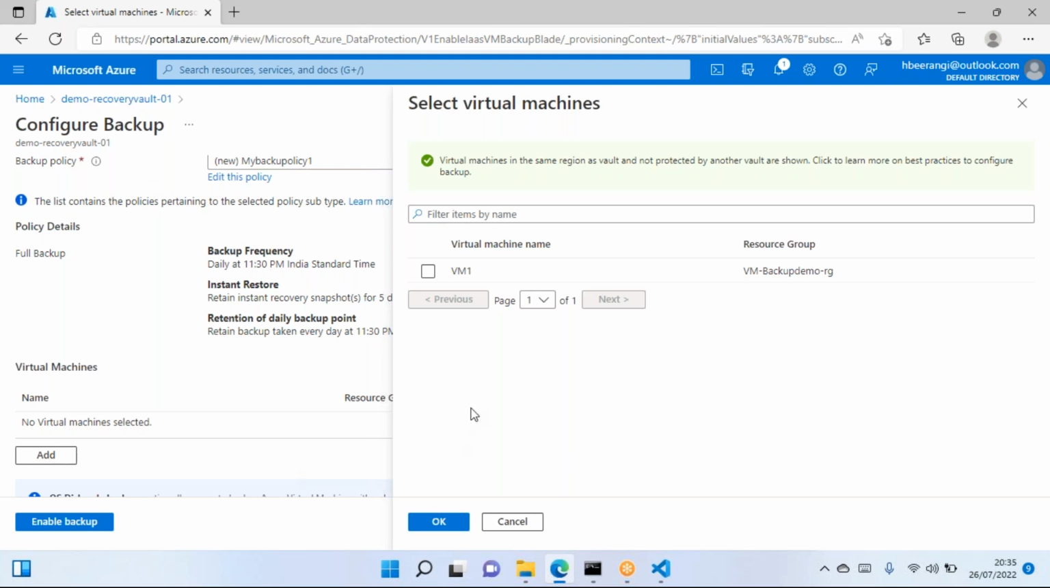Okay, now let's go with this. I'm choosing VM1. If you have hundreds of virtual machines in this list, you have to choose the right virtual machine what you're planning for backup. Generally we will have many, so you have to plan accordingly. Click on OK,